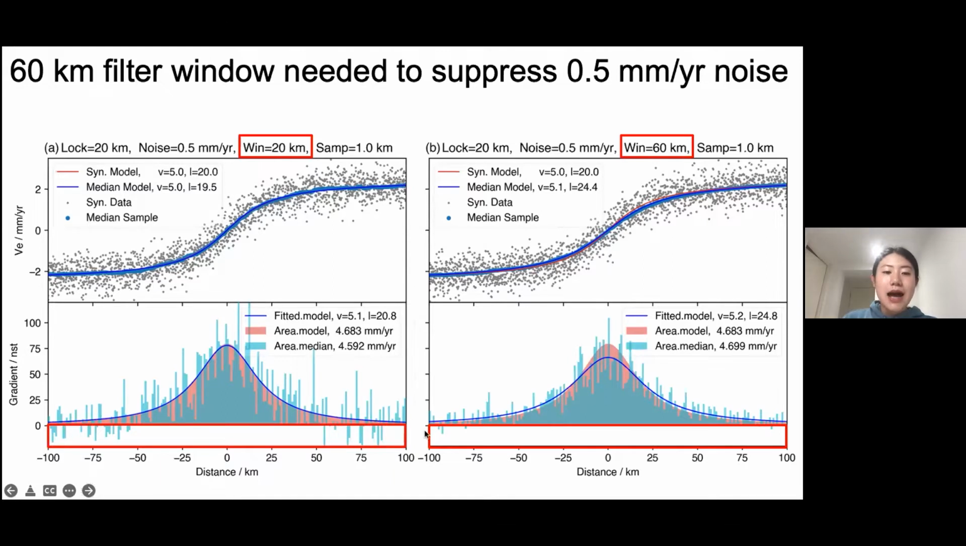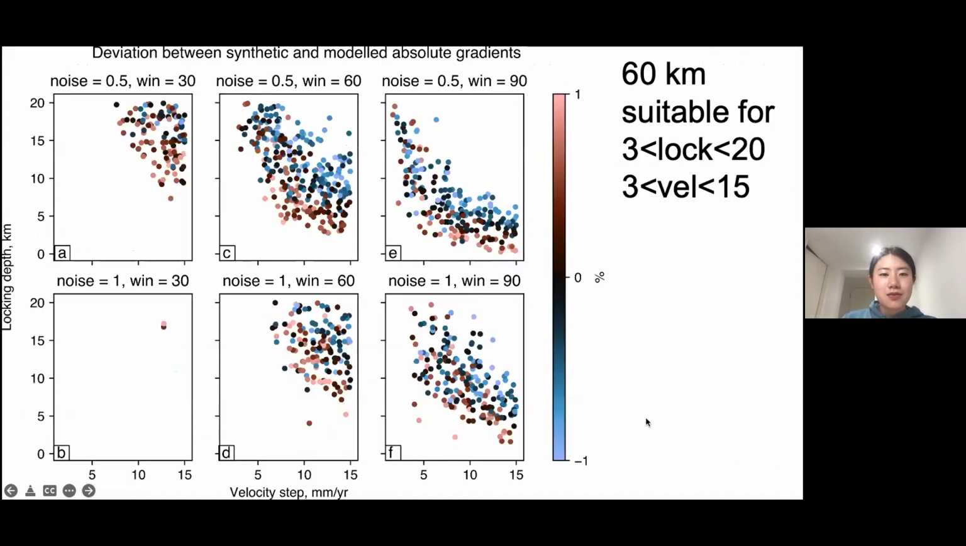So ideally, I would like to remove all the negative noise. And in this case, a 60 kilometer filter window is doing a good job. But is 60 kilometer really the best filter? We can do a Monte Carlo test and do the filtering across thousands of synthetic noisy profiles with a range of locking depth, a range of velocity steps, and with noise level of 0.5 and with noise level of 1,